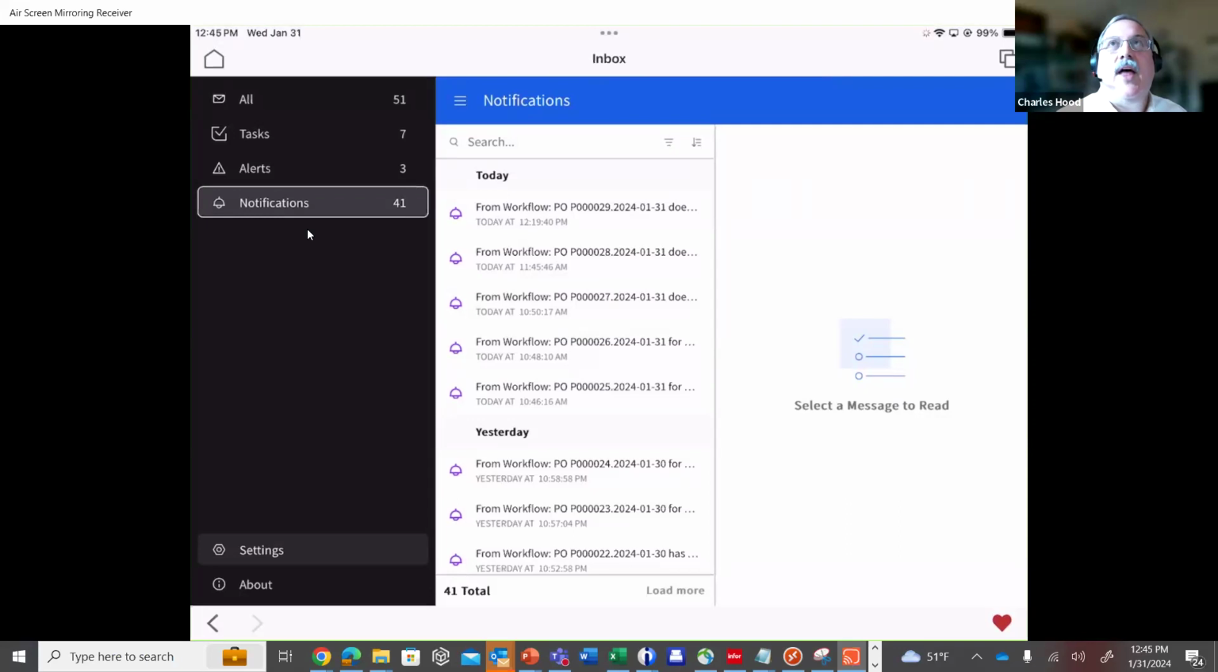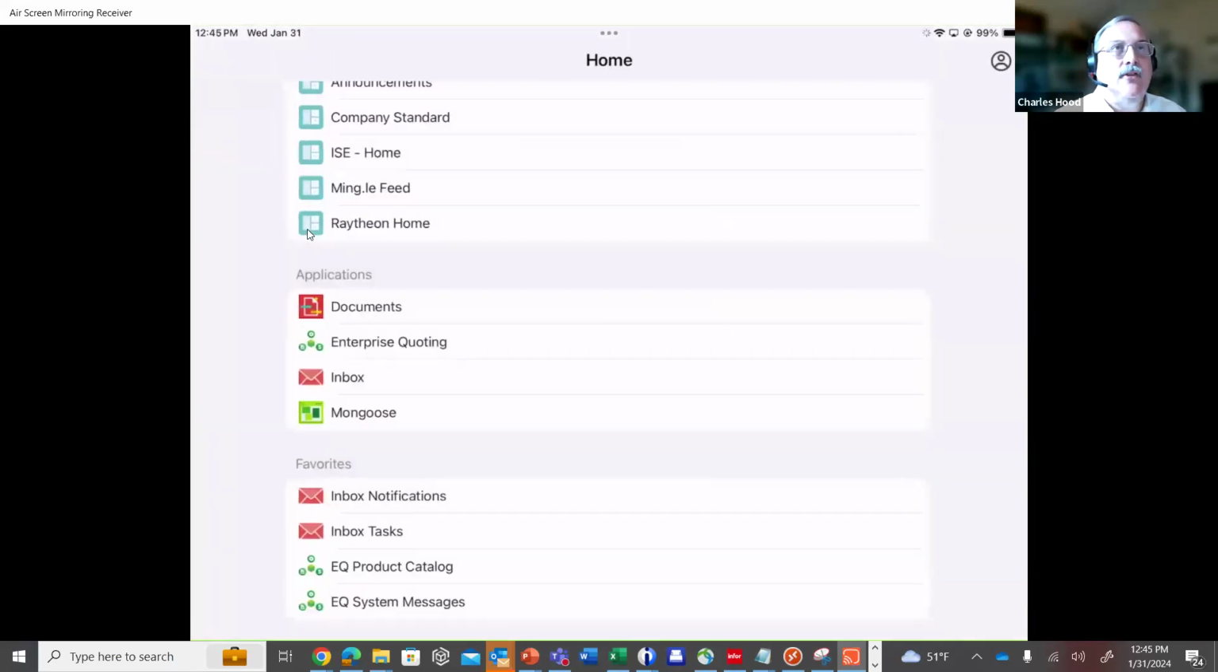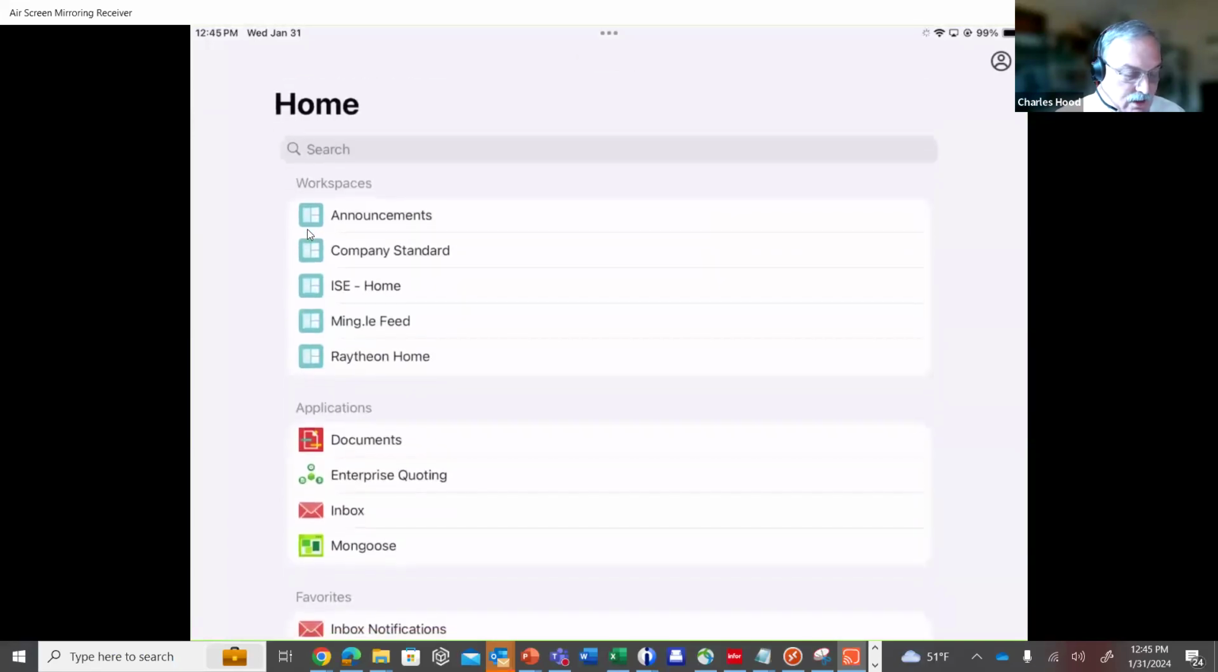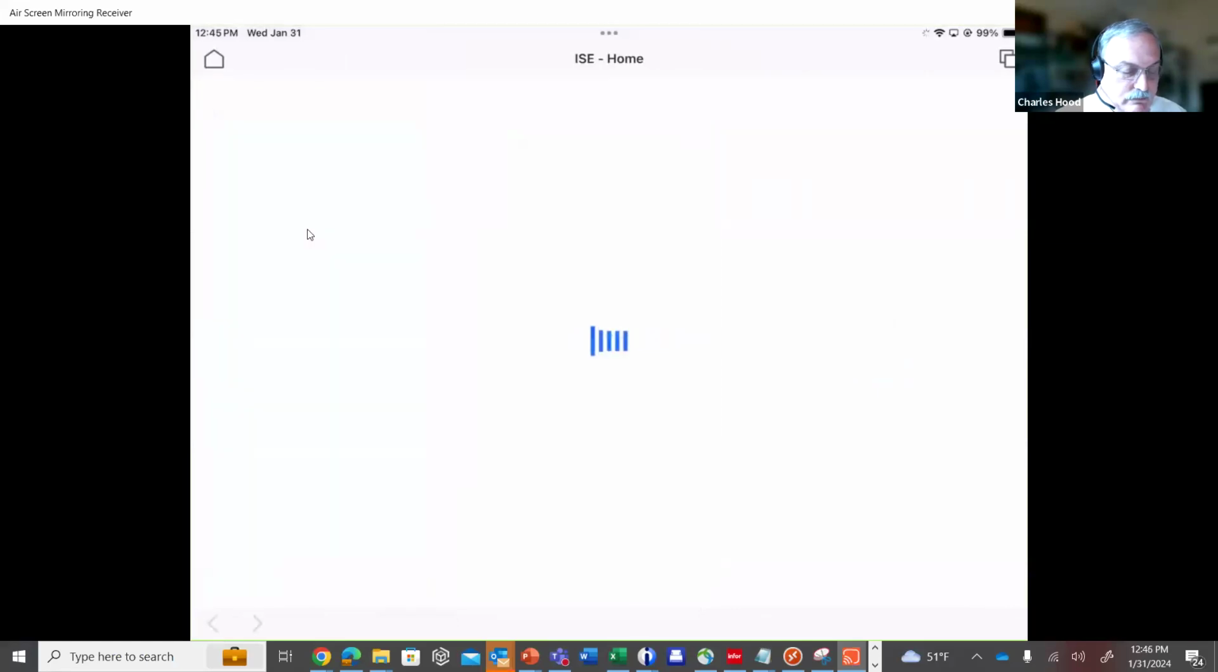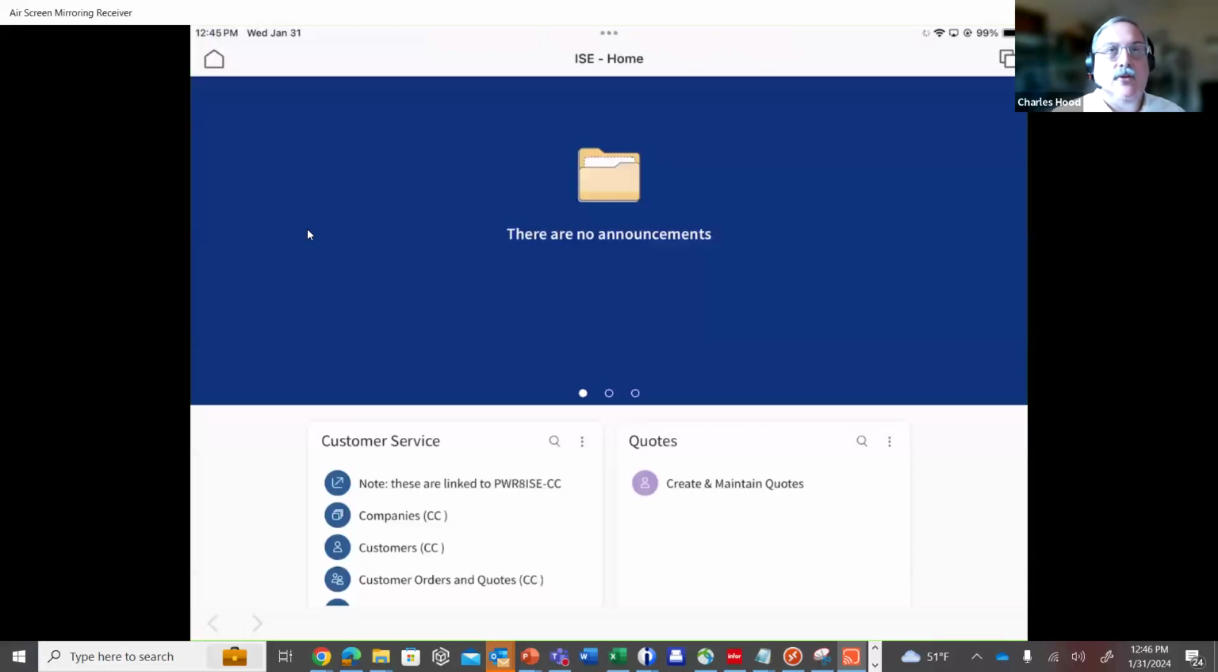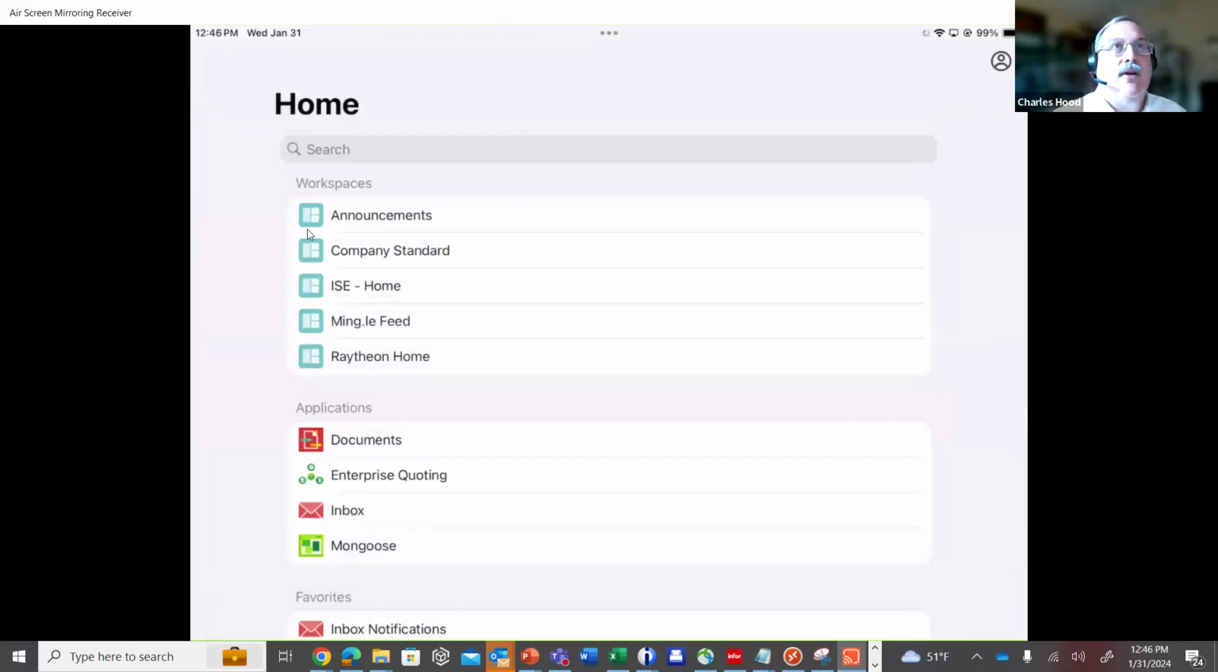All right, so that is Infor Go. Again, there's edge applications, enterprise quotings in there. I have other home pages as well, now called workspaces in the Infor OS portal. So that's all there as well. I could go to one of those if I wanted to. And there we go. And so anyway, if I had announcements, notice there's some widgets. So that's Infor Go. I want you to get a real good taste of what's available in Infor Go